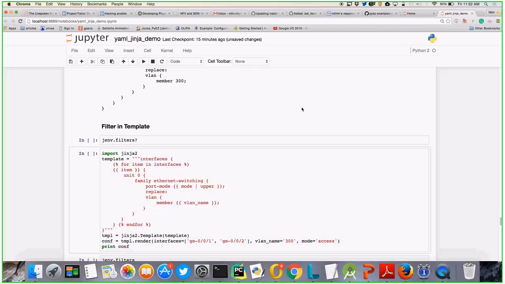So in Jinja, they provide filters, and Jinja has a lot of filters. Let's first go into how many filters you have.